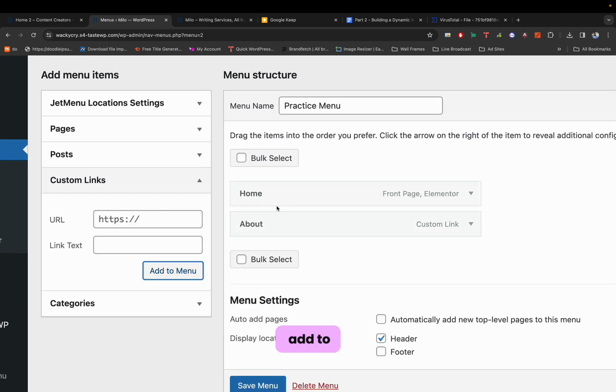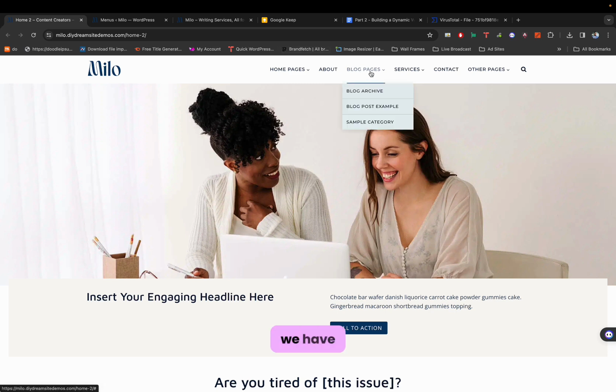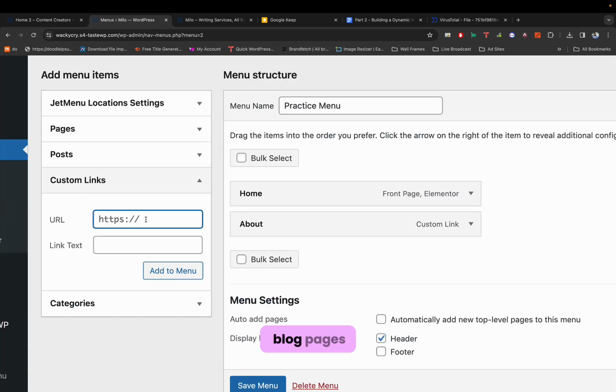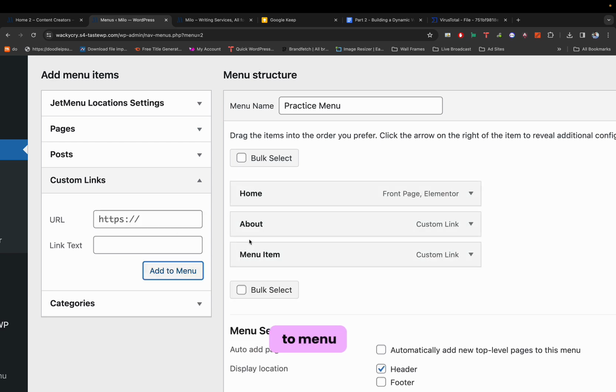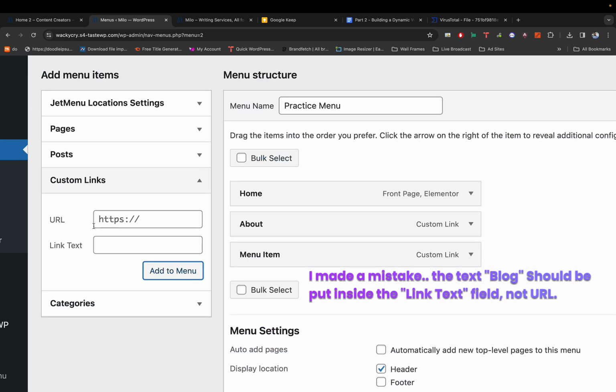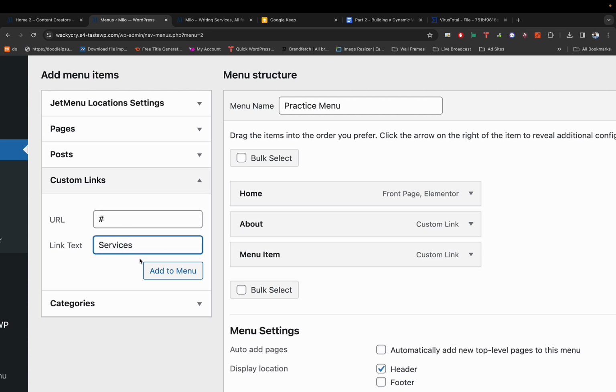Once I click on add to menu, it is going to append itself to the bottom, right? I'm just going to add more menus. Let's look at, we have blog. So I'm not going to say blog pages, I'm going to say blog. So let me just add it to menu. And I'm going to say services, add to menu,